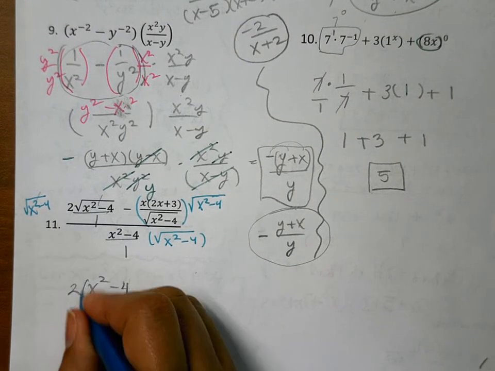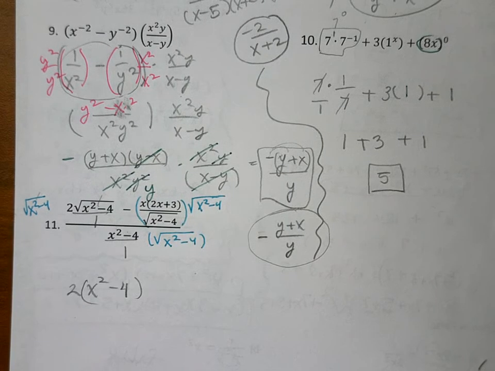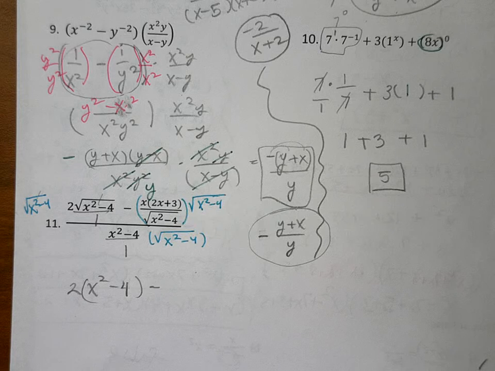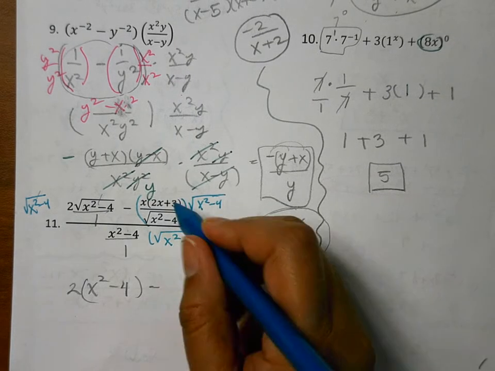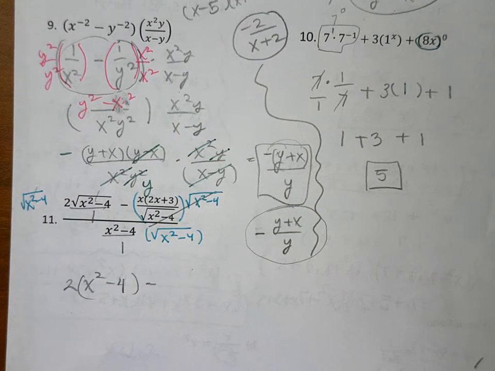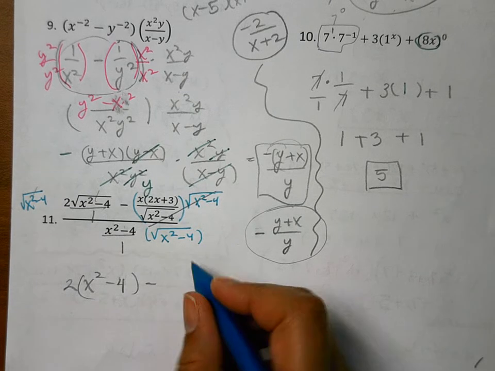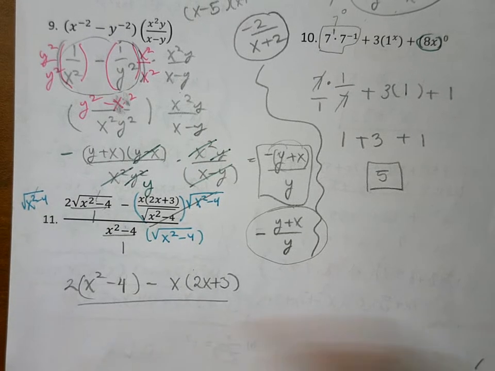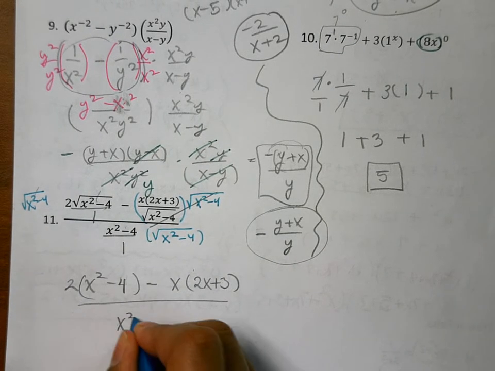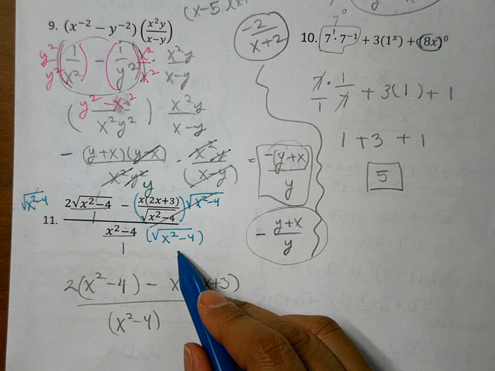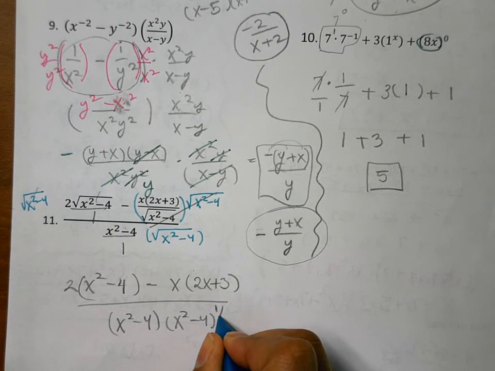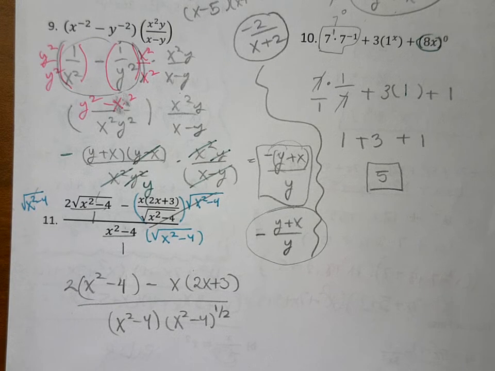Where did I mess up? The 2 is there. Oh, you didn't have to put parentheses. Why? Because it's distributed to both. Good. Okay, I will distribute in just a little bit. Minus. What happens here? It cancels each other out. Do you want to distribute that x now or later? Later. Later since I didn't distribute there, x parentheses 2x plus 3 over x squared minus 4, and this square root